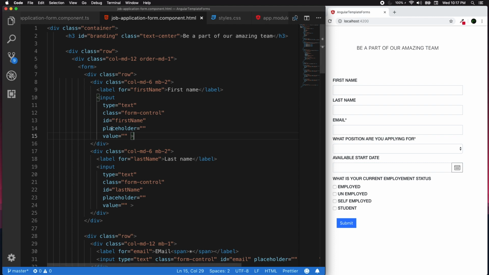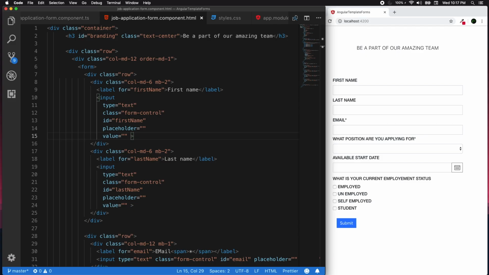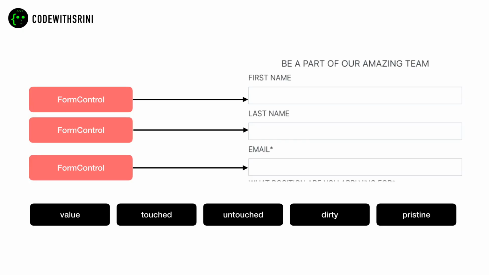As you can see, we have built the simple job application form. Now we need to add a validation to our form. In Angular 6, we have a class called form control. For each form control, we need to create an instance of that control class. Using that control class, we can check the current value stored in an input field. Apart from checking the current value, we can see if our input field is touched, dirty, untouched. Dirty means the value is changed, pristine, whether its value is not changed,